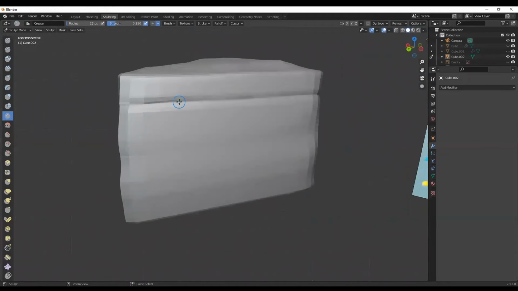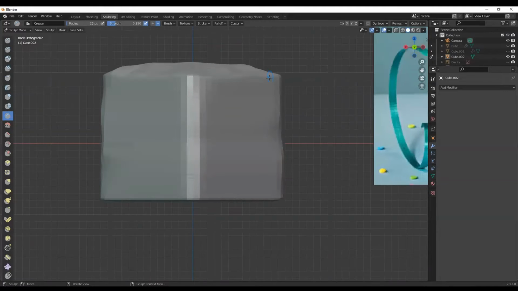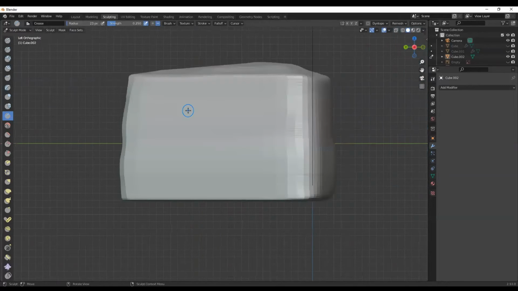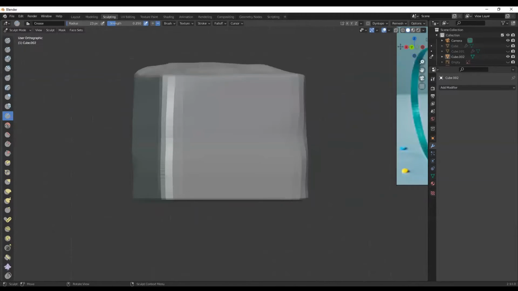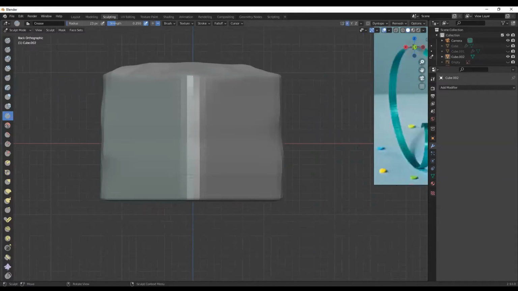And if while you're working on this, you're like, oh, it's kind of laborious to go over this a bunch of times to go all the way around it. What you can do, I'm going to undo to show you this, is turn on the symmetry at the top. So I do have it set up so that my left and right is the x-axis, but if you are working on it in this direction, just make sure you have it on the right one. So I'm going to turn on the symmetry on the x-axis,